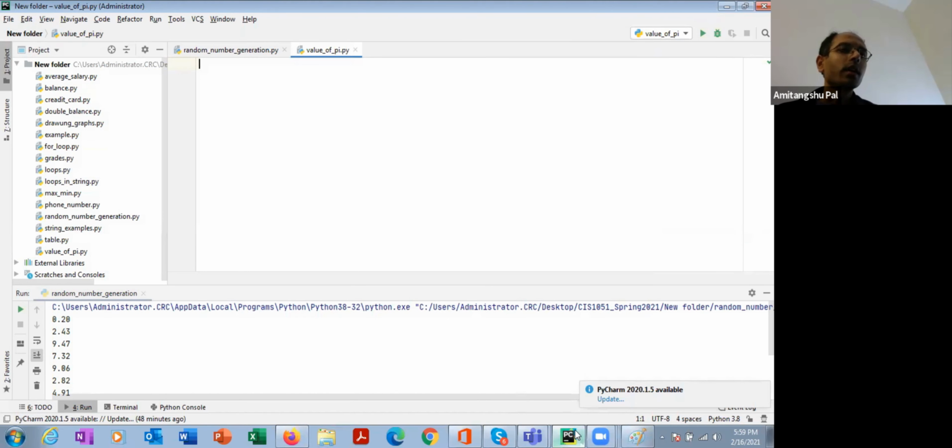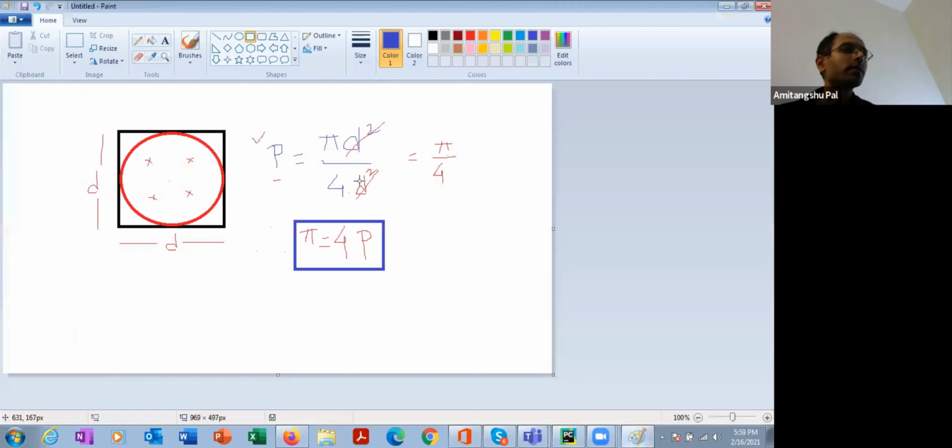Now before going into the program, let's make this a little bit simple, to write the simplest possible program. So this concept is valid for any d. D can be anything, 1, 2, 5, because d square is basically going to cancel out. So the outcome is independent of d. You can start with any d.